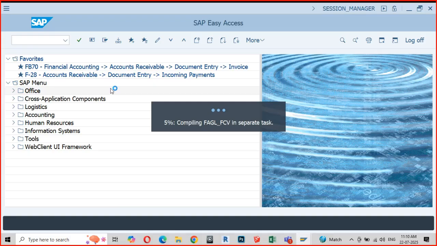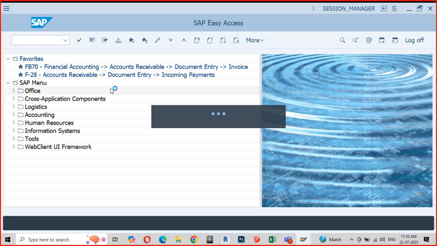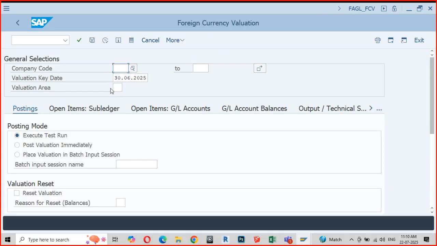Enter. See, it'll take you into a program. When you subject that particular transaction to this program, it will evaluate in which company code, open items, GL accounts, subledger, you are going to mention the vendor or the customer. Okay, let me take up. As of now, I have no foreign currency valuation. See, there is a valuation area which needs to be set up. Okay, so I can select, see, there is an execute run also,